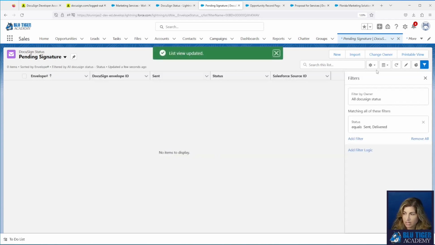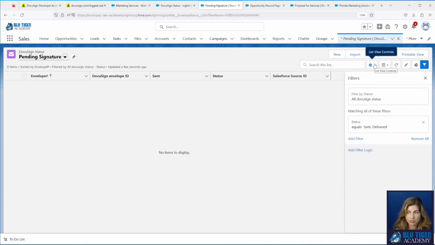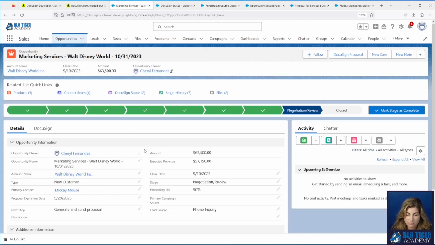Perfect. Okay, and then let's say that you wanted to make a list view that only shows your users who are the opportunity owner their DocuSign status records. So meaning that maybe one of your salespeople is the opportunity owner here.